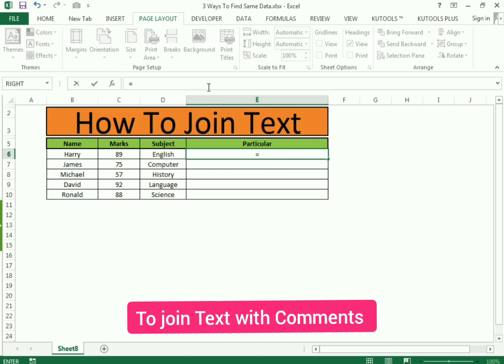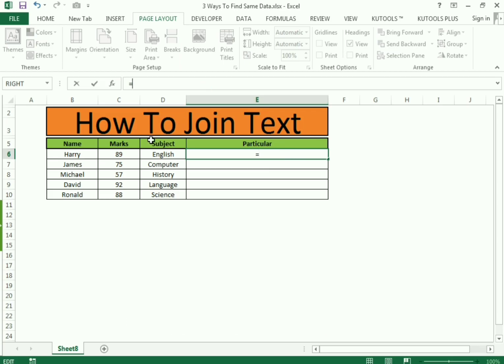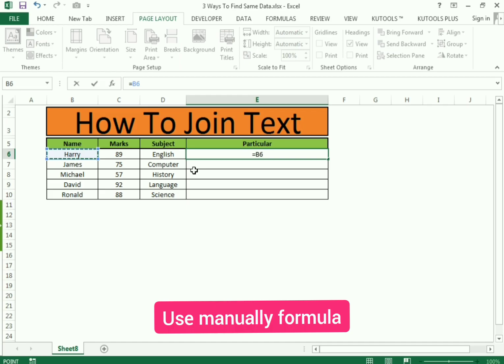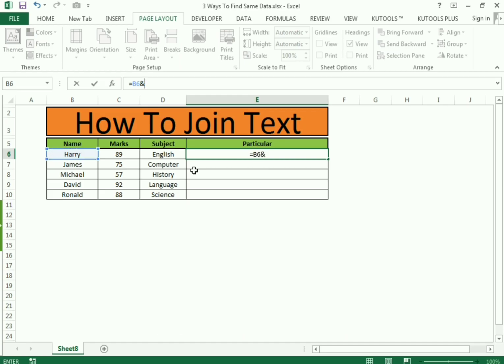So use the data, go here in the formula tab, first select the name and then type the and sign, inverted comma open, and use here a comment like "got", inverted comma close. Again use the and sign to link our marks cell, select the marks cell, again use the and sign and inverted comma to use the comment like "marks"